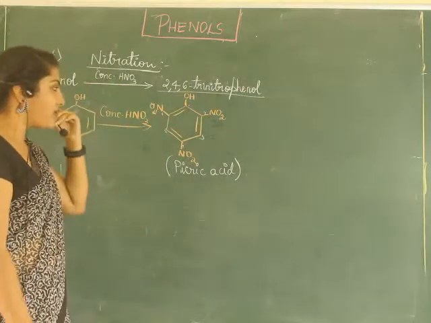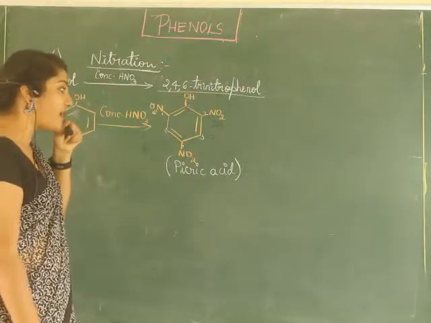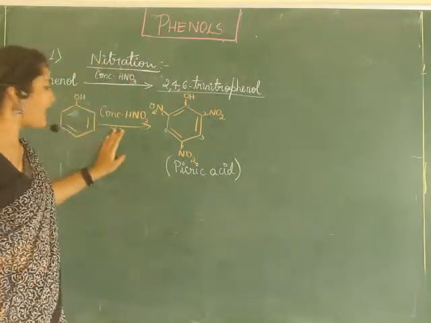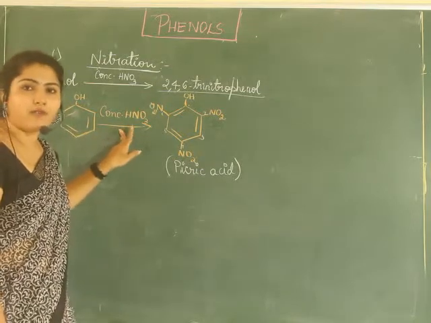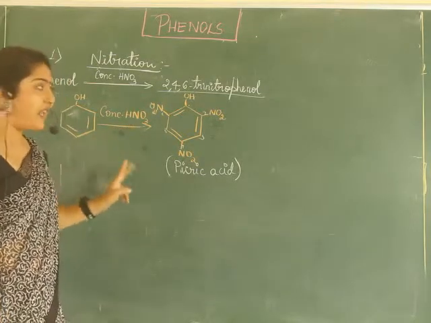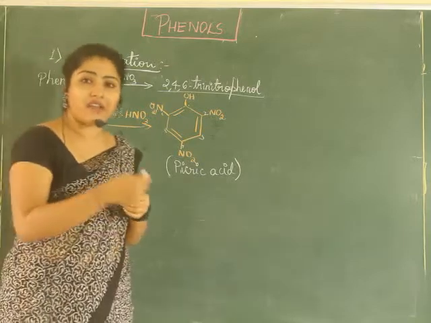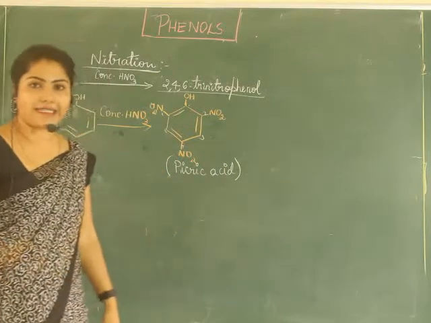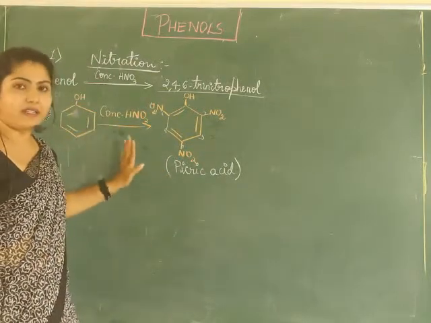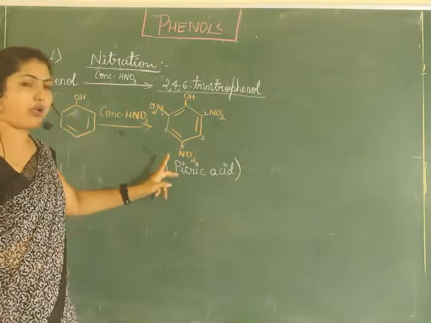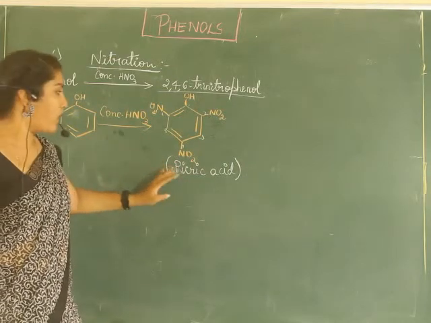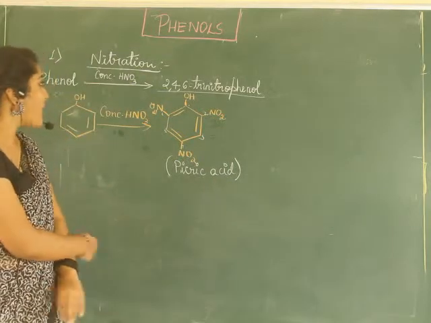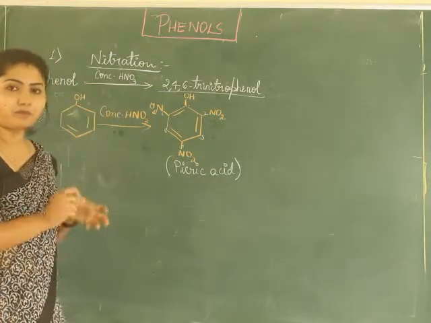Now the question is, how can this picric acid be prepared in other ways, because nowadays rather than a direct reaction with concentrated nitric acid, they first treat it with concentrated sulfuric acid and then they treat it with concentrated nitric acid. So hope this is clear how 2,4,6-trinitrophenol, a yellow colored solution, picric acid, you are going to get if concentrated nitric acid is used.